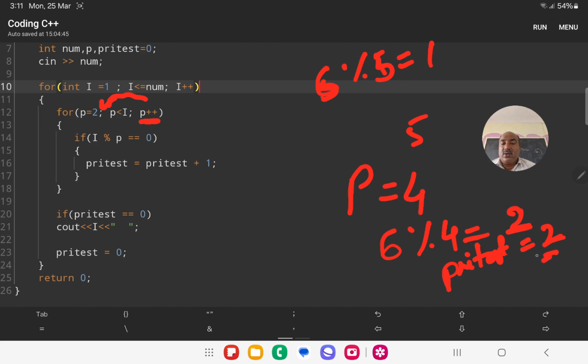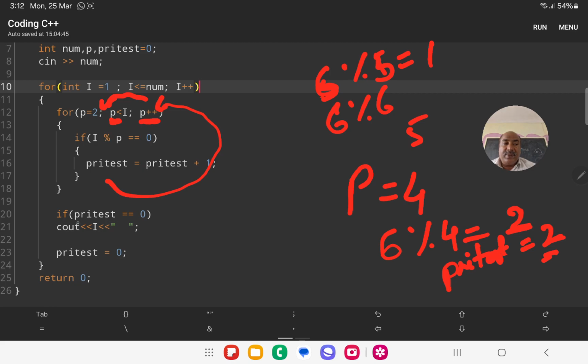Prime test is still 2. Then p plus plus will be 6, and 6 less than 6 is false. The loop is terminated and it goes to the if condition.